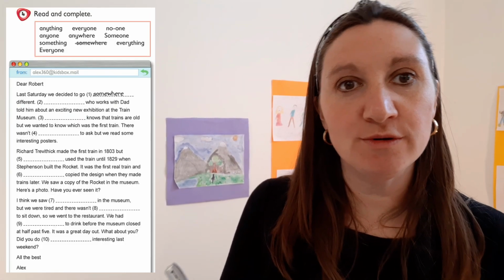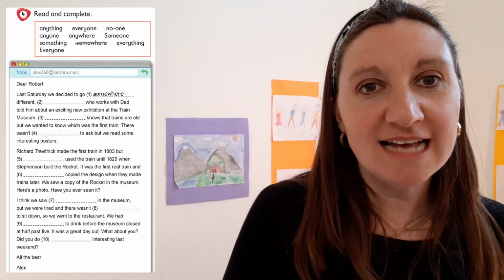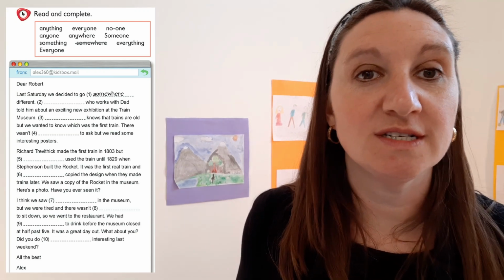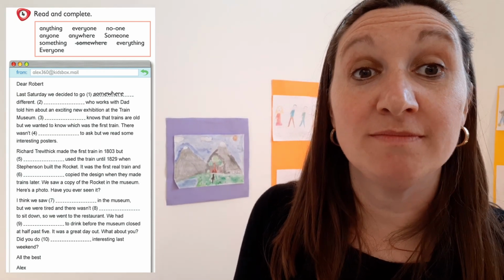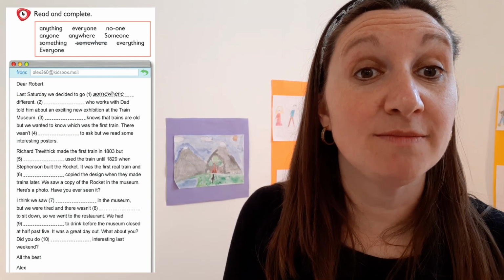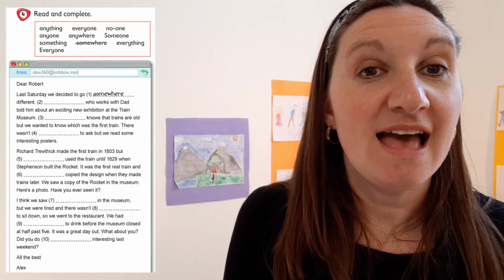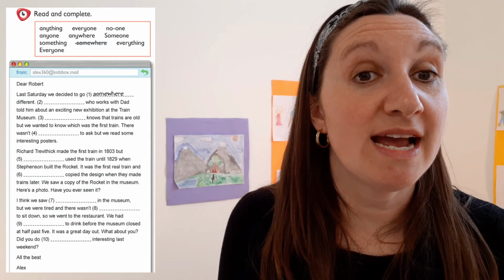Good practice. Let's go through the answers. Dear Robert, last Saturday we decided to go somewhere different. Everyone who works with Dad told him about an exciting new exhibition at the Train Museum. Everyone knows that trains are old, but we wanted to know which was the first train.